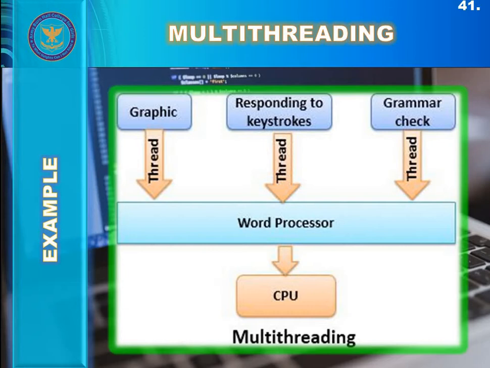Now, you can see that diagram or hierarchy on the screen. Now let us take into consideration the benefits of multi-threading. Multi-threading increases responsiveness, as if one thread of a process is blocked or performing a lengthy operation, the process still continues, because if one thread is blocked, the other thread would be executed by the CPU.